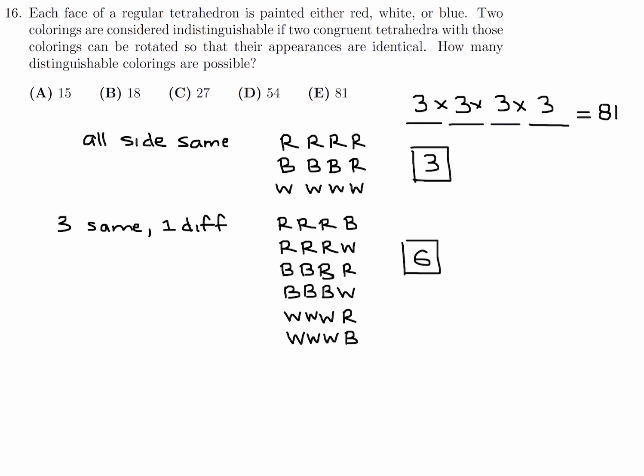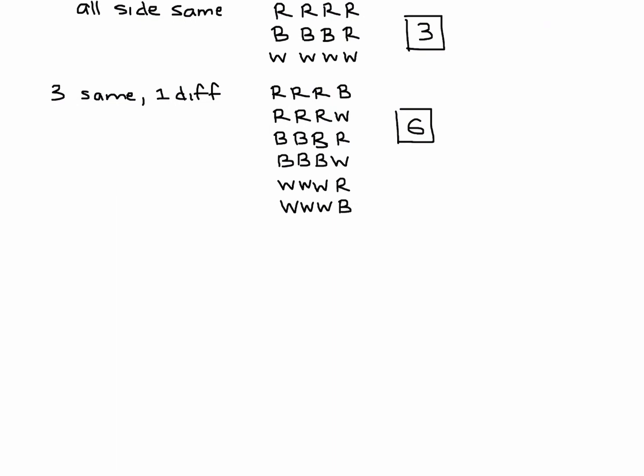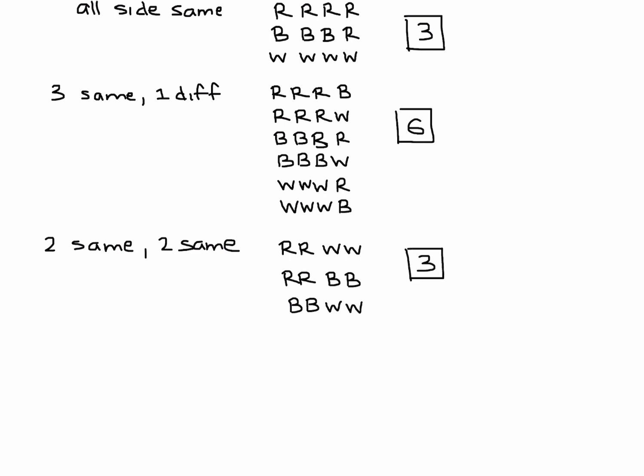Okay, keep going here. The next scenario is if you have 2 that are the same, and then 2 more that are the same. So for example, 2 red and 2 white, 2 red and 2 blue, or 2 blue and 2 white, like this. There's 3 of these possible in terms of unique. We don't want the combinations, like for example, red W, because this is the same, because it can be rotated